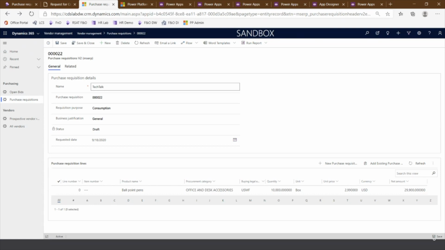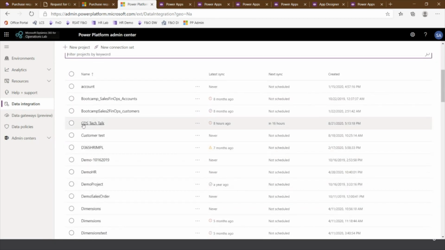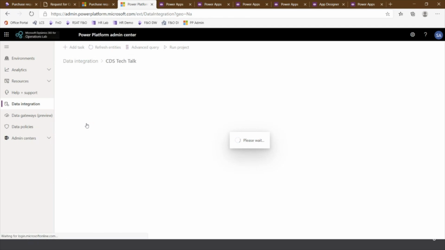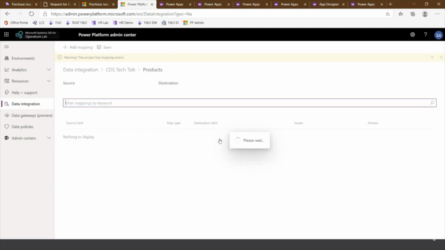All right. So the next piece of this scenario is where I need to start receiving these. And so again, I'm using my data integration project to integrate that data. So I'm over in the Power Platform Admin Center now, and if you click on that data integration link on the left-hand side, I've created a project here called CDS TechTalk, where I have set up a couple of different entities and done some mapping in there to indicate what exactly